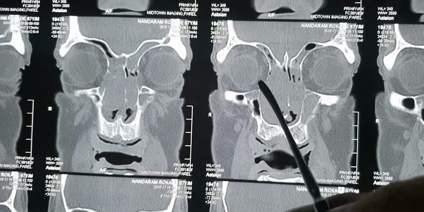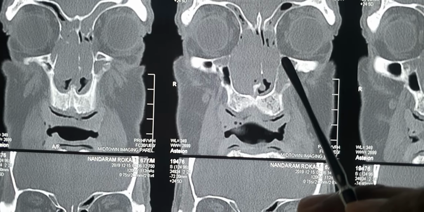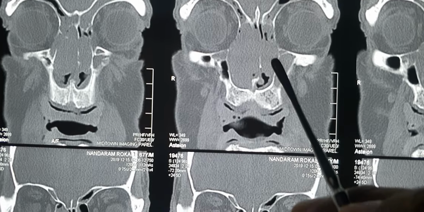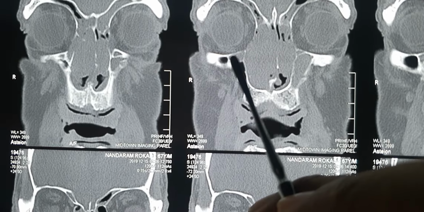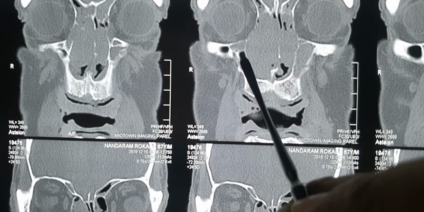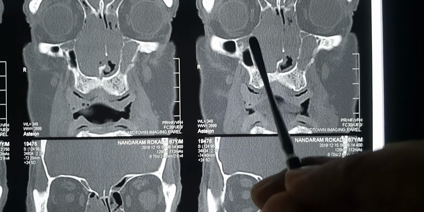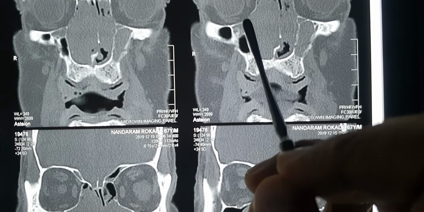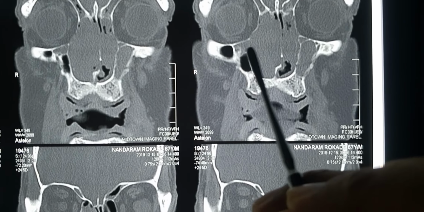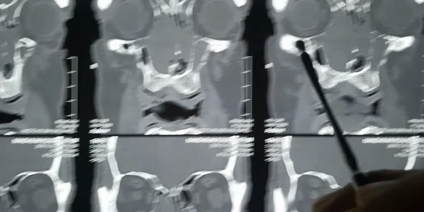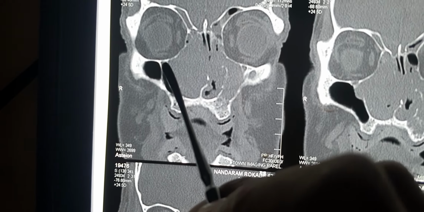You can see this is the sinus on the left side, completely opacified, but the area is big, it's huge, it is not blocked anywhere. You can compare the sinus on the left side with the right side sinus: this is the sinus opening and this is the Haller cell. If you go posteriorly, you can see this is a separate cell area altogether, and this is blocking the area of the maxillary outflow. So it is very important to remove the Haller cell intraop. As you can see over here, that's the Haller cell, the posterior